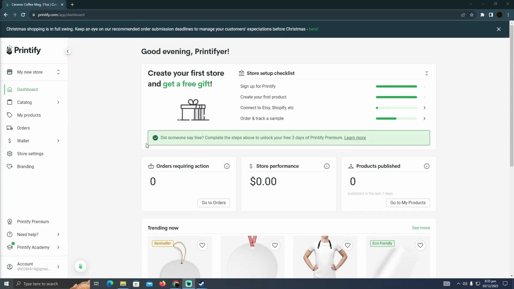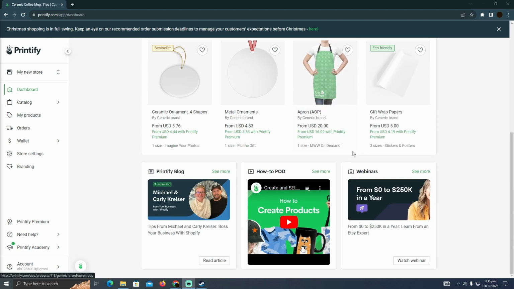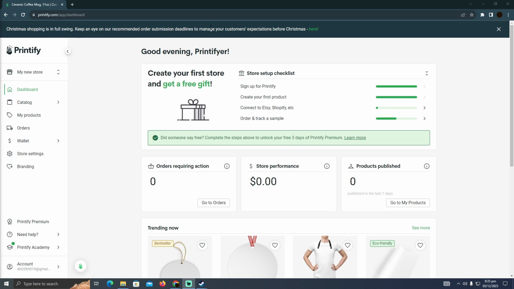Designing a hoodie in Printify is a pretty easy thing to do. Today I'm going to teach you how you can design a stunning hoodie in Printify. So for that, as you can see, I'm on my Printify and I have logged into my account and